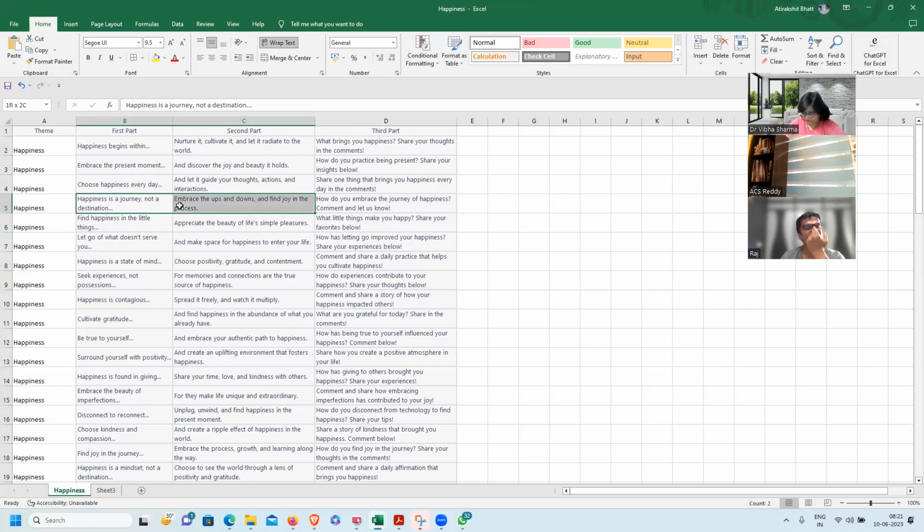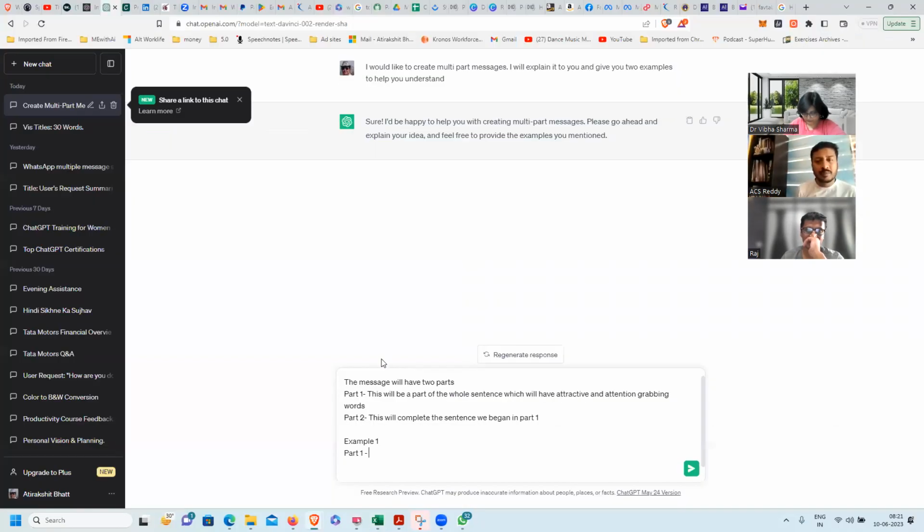Now, when I read it, I can make the first part more intriguing if I put the destination in the second piece. Happiness is a journey, not a, and leave it and then put destination here. Embrace the ups and downs and find joy in the process. Right? So you go ahead and you use this. So we'll put the first part as: happiness is a journey, not a, then dot.